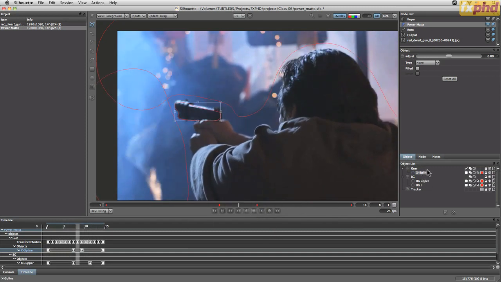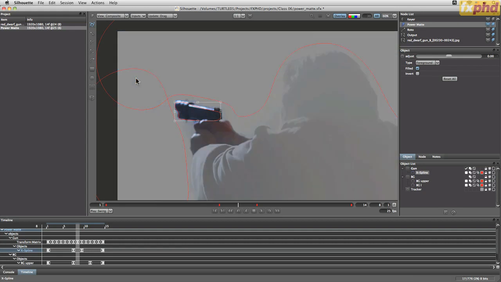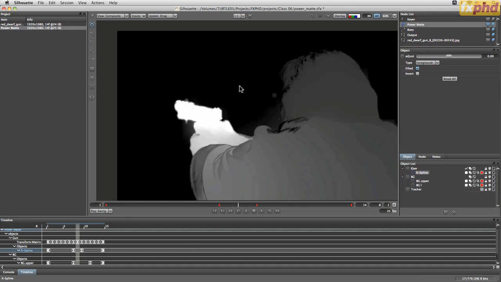And again, we have to define what sort of object this is. So come out to our type. This is a foreground. This is also filled. Cool. So now I want to come into my composite. It takes a little while to think about this and process this frame out. But what it's doing now is generating a map based on these shapes that I've given it. Let's turn off my overlays. So let's have a little look, and if I process this through,